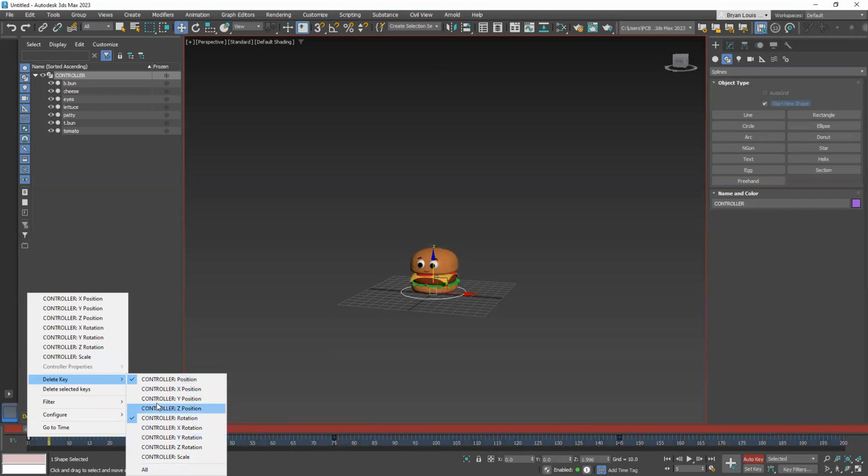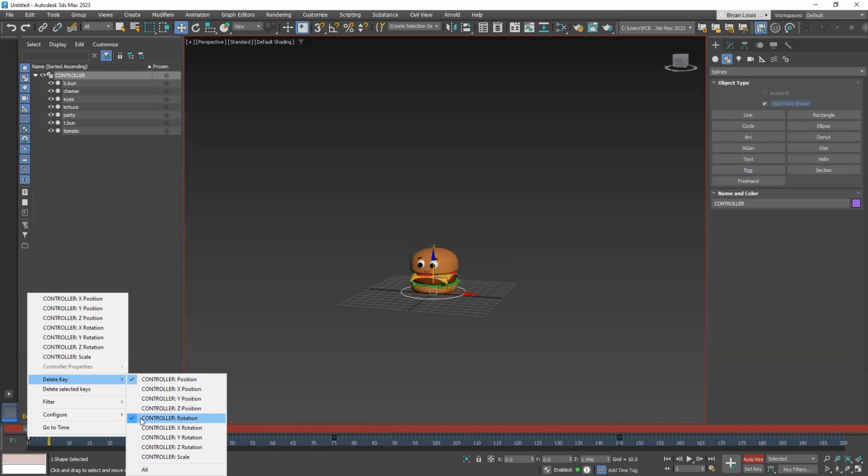Nandito na yung mga animation data natin dito. We have yung position, we have yung rotation, and we have yung scale. Now, dito sa case natin dito, pwede nyo tanggalin din si scale, but really, ang kailangan lang natin talaga dito is yung position. Kasi, yun lang naman ang nagkakaroon ng effect dito, no? Basically all throughout these 3 keyframes, no? So gagawin natin,